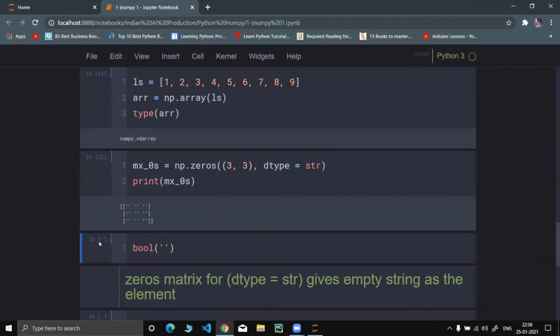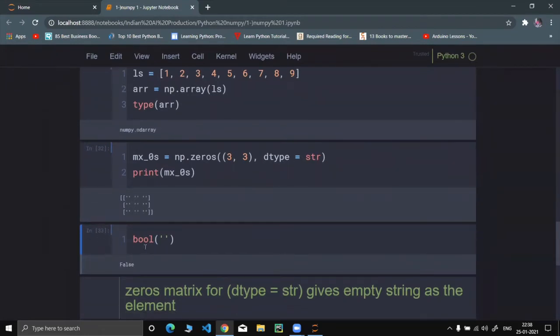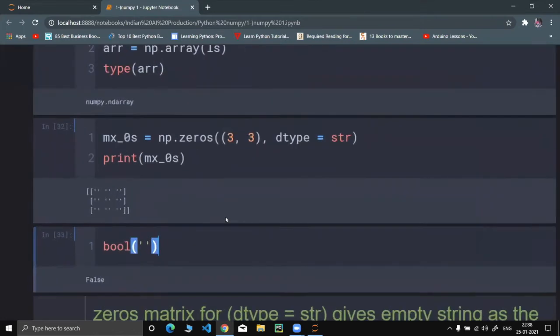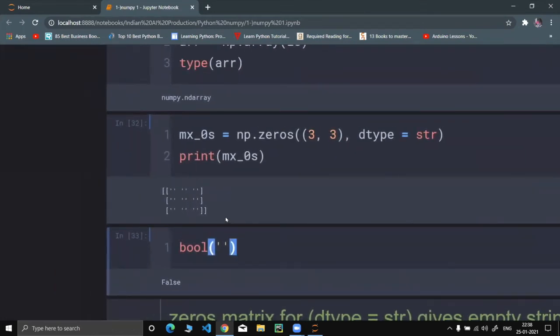Now, for that, let's see. Yeah, see over here: the Boolean value of an empty string is false. False means 0, right? So we have successfully created a NumPy array of size 3 cross 3 of data type string.